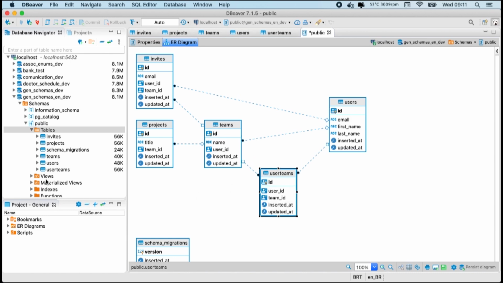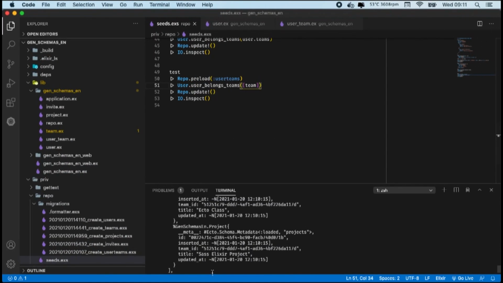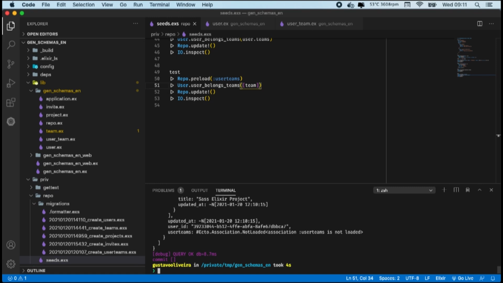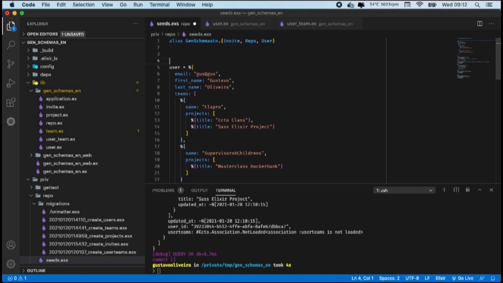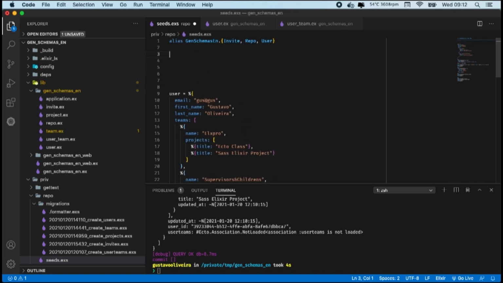But thinking about some permissions that a user can have in the teams, another relation that is good to learn is more about the has many. I'm sorry, not has many, but many to many. And to create many to many, in this case, you can practice this, create some permissions for the user. So let's create some invites that a user can have. This is one of the relations that we can create, but let's use mix phx gen schemas,